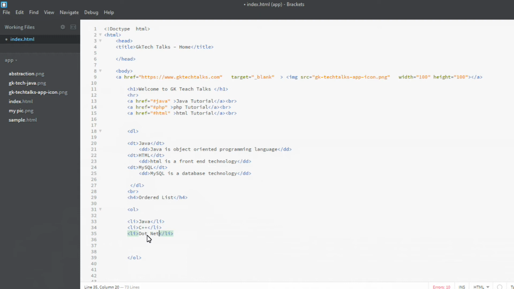I'm just providing 3 languages in the ordered list, for our example purpose.